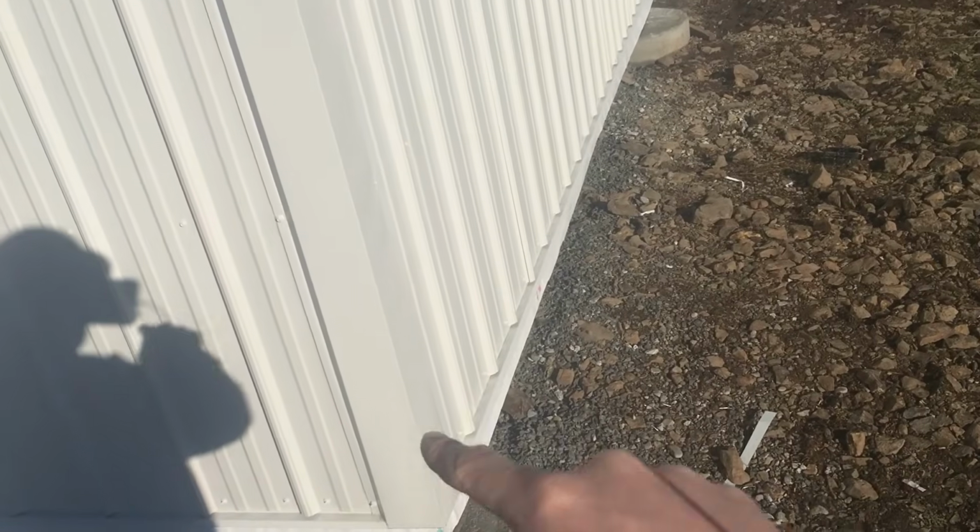One of the other things that I don't particularly care much for is this detail right here. To have you put some of the trim that goes at the bottom here, up here, and the problem with that is that the back of it is not painted. And while I have a white building and that's not a big issue,